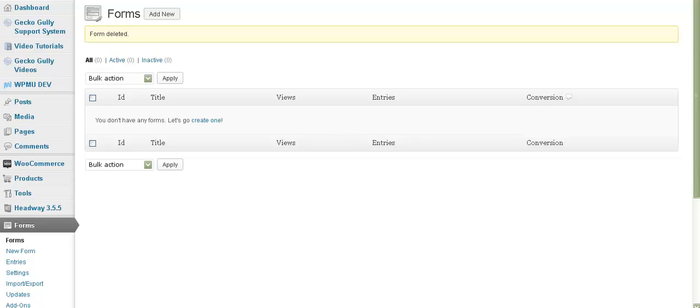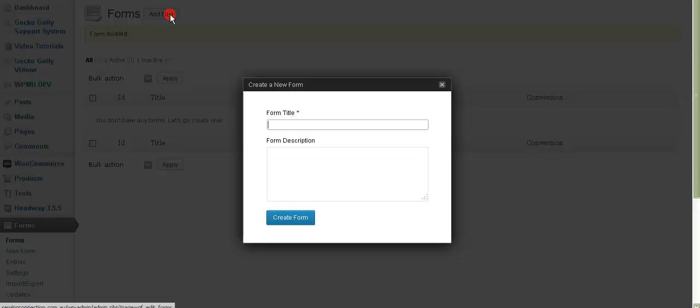So you're going to need both of those things installed into your website, and of course WooCommerce. Once you've got all that set up, the first thing to do is to set up a form. So you go to Forms in the main menu, click on Add New, and give your form a title. Now this form can be used for multiple classes. It's not just used for one particular class and then you use another form for another class. But if you need to gather different information for different classes, you'll need one form for each set of information you need. So let's just call this one